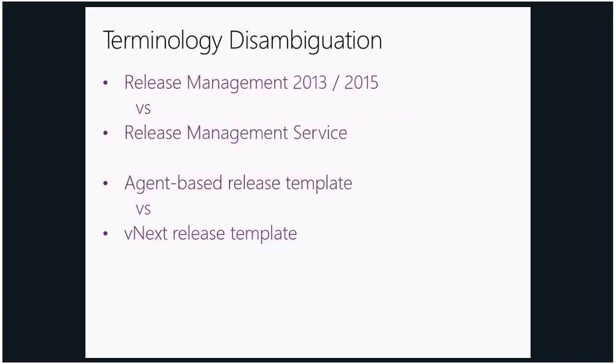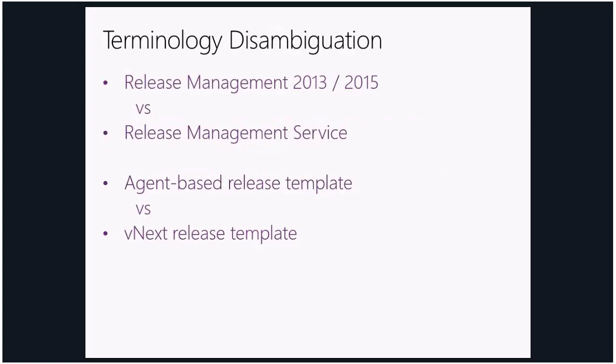And when I say 2013 or 2015, when I'm talking about release management, I'm talking about the existing release management client, server, deployer kind of architecture that's been available for the past couple of years and is what you're probably using today. And then there's also a new release management service that Microsoft is working on. I don't know if that's the official name, but I've heard it called the Release Management Service or Release Service or Release Management vNext. So there's a bunch of different ways that people refer to it. So if I talk about a release service or a release management service, I'm talking about something that is coming